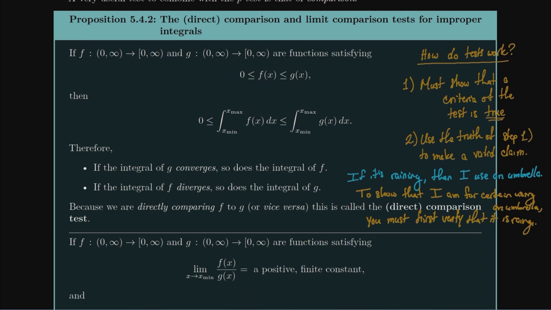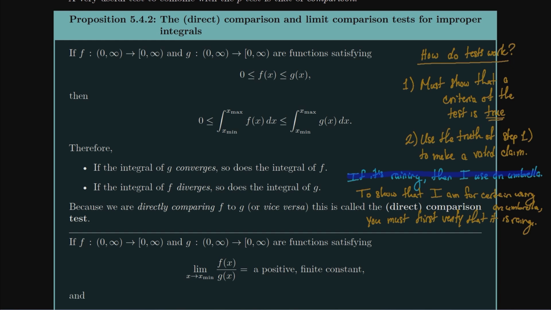Now, there are cases where maybe I'm using an umbrella and it's not raining. Those cases just aren't addressed by my specific statement, right? There's going to be cases, going back to improper integrals, where these integrals do converge, but the tests can only say so much. So even though you may want to claim it converges, you have to refer back to the test to actually produce the answer correctly.